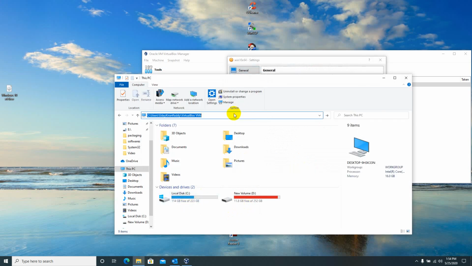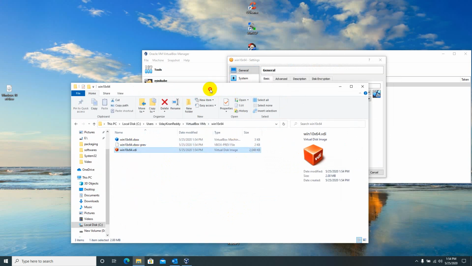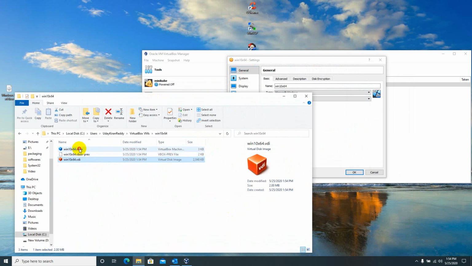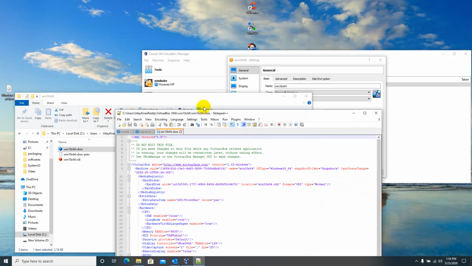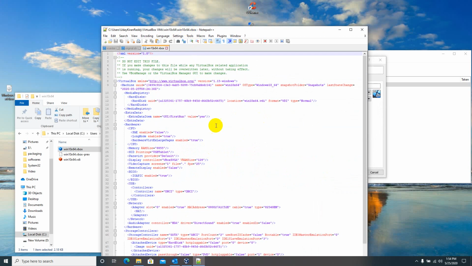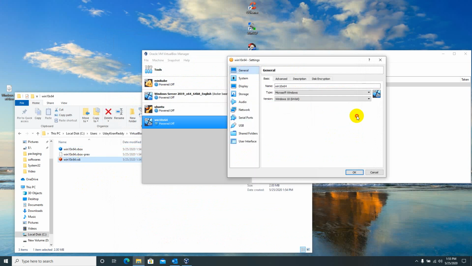If you go to that folder, the VDI is only 2 MB now, because this is just an initial disk file, and this is the VBox project file where I set RAM and all. If you open this in Notepad or Notepad++, you can see all those configurations and IDs. Now once I install the OS, you can see the size will be increasing.